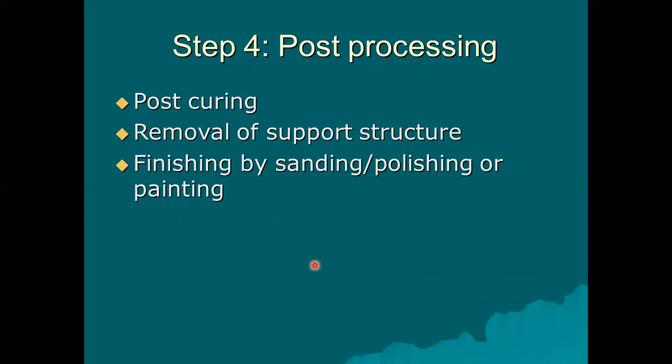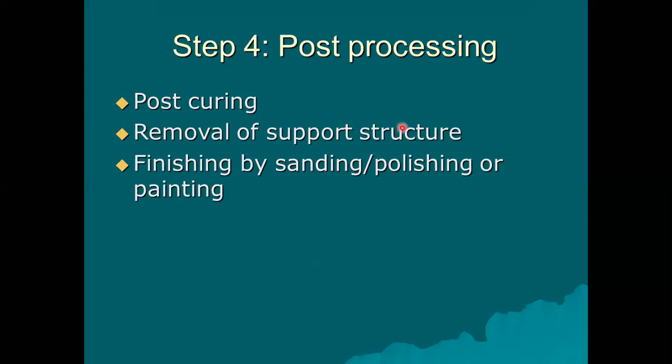Like in some of the 3D printers, you find that the part is not completely cured in the 3D printer. So you need an additional furnace. You remove the green component from the 3D printer and keep it in a furnace where it gets sintered once further until the complete polymerization reaction is achieved, or maybe sintering is achieved.